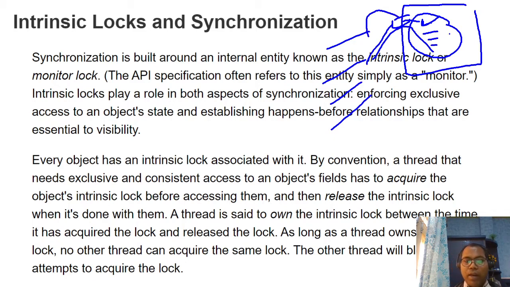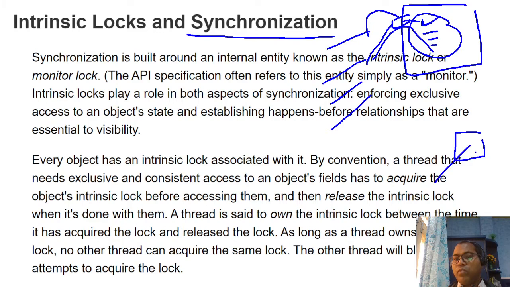So be aware that by default each and every object has an intrinsic lock, and it is only active when you use the synchronized keyword. If you are not using the synchronized keyword, there is no concept of an intrinsic lock required. By default locks are disabled on every object, but whenever you access those objects via synchronization, the intrinsic lock plays a role. So please ensure each object has one lock. If you want to ensure only one thread can access it, you can use synchronization.